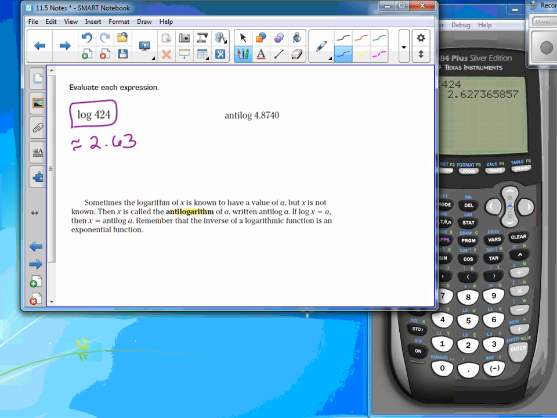No big deal. Now, an anti-log is just the inverse of a log, and the inverse of a log is an exponential function. Since we're doing anti-log, it's just base 10, we're talking about common logarithms, so I could just take 10 to the 4.8740 power. Okay, that's fine. But there's another way that we could do this that you would probably do anyway. If you have the anti-log of 4.8740, you could take the log